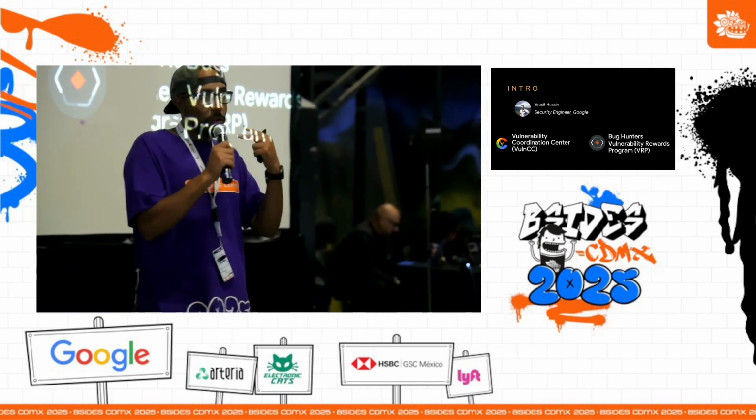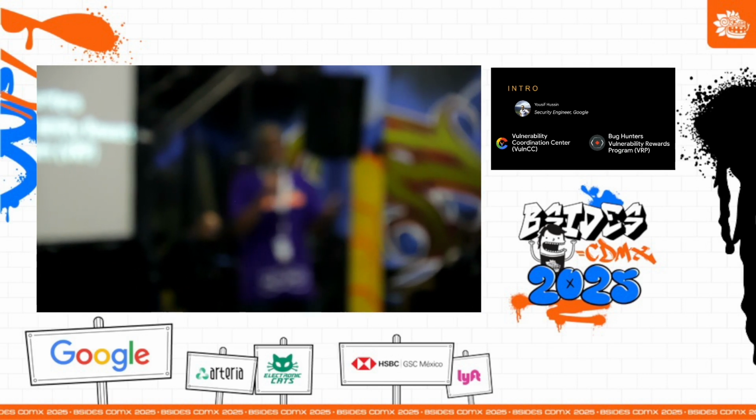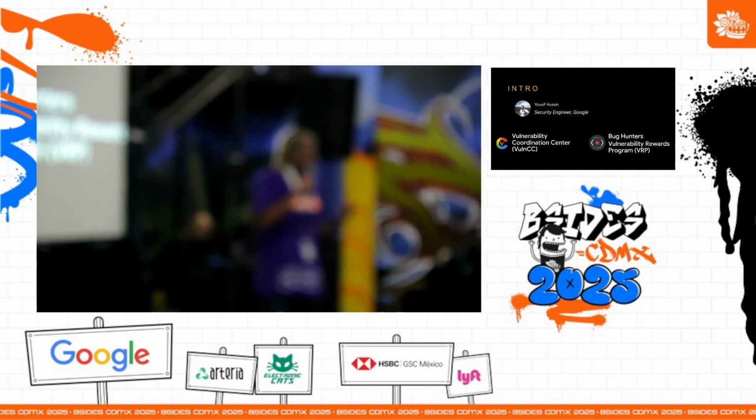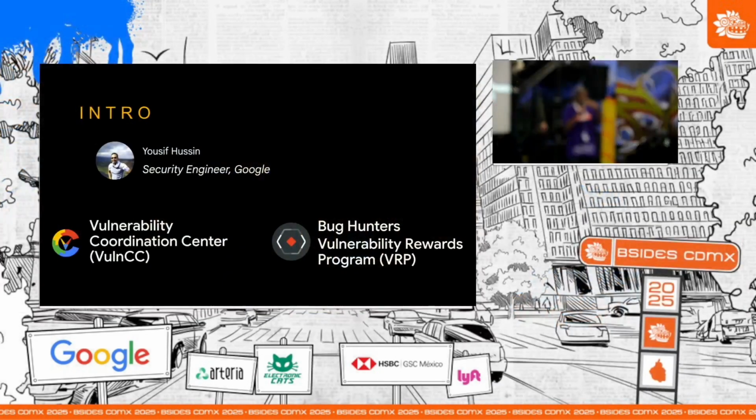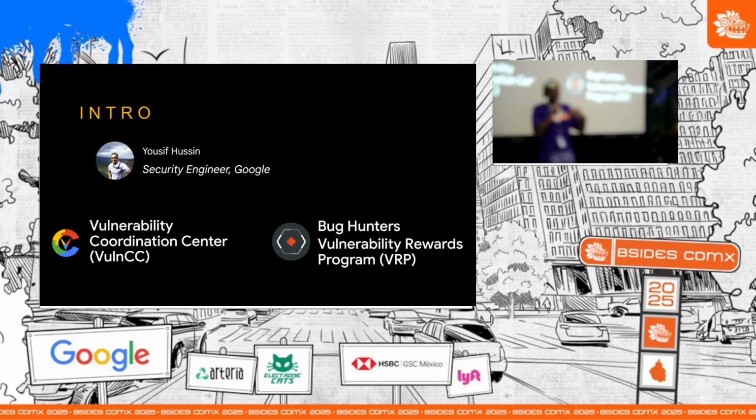So when I was in both teams, there were times I would be sitting here and I would triage a vulnerability, and then I would make a judgment: this is big, we need to escalate it to the Vuln CC team. And then I would be the same person on the other side, and I would pick it up and do the remediation effort management for it.